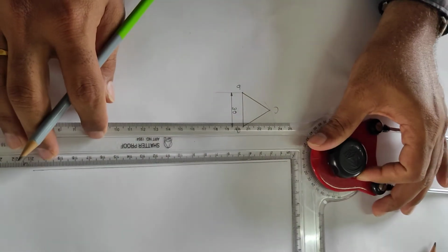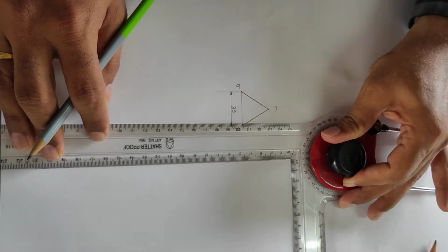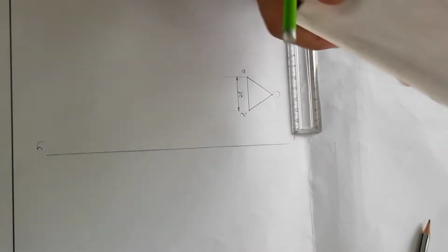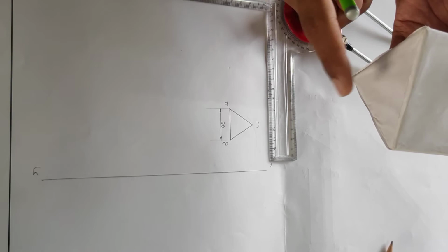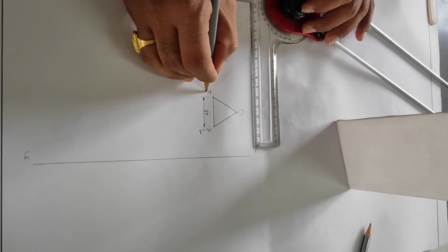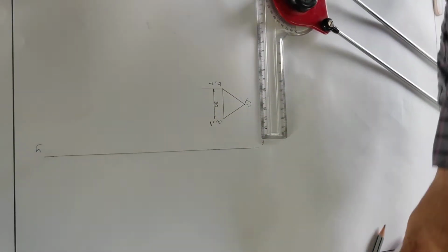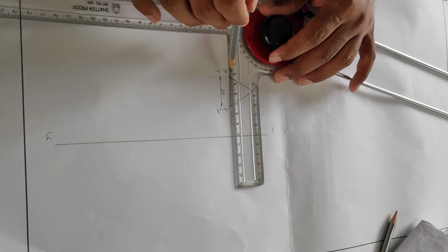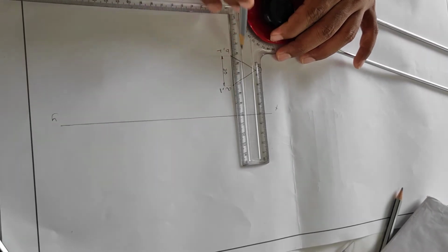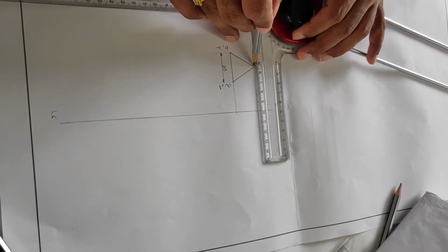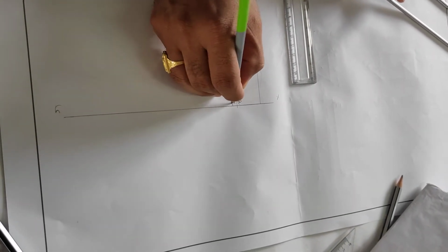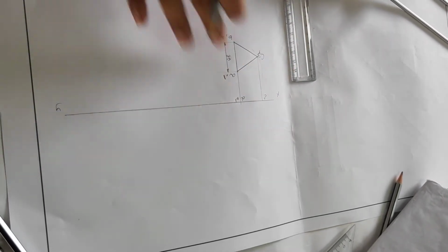Now set your drafter to the reference line XY. Draw the projector lines. Before drawing the projector lines, ABC is the base, so the top face is 1, 2, 3. So A comma 1, B comma 2, C comma 3. Now set your drafter to this reference line. Draw the projector lines perpendicular to the reference line XY. Now this is A dash, B dash. Now this is C dash, because this is the bottom base.